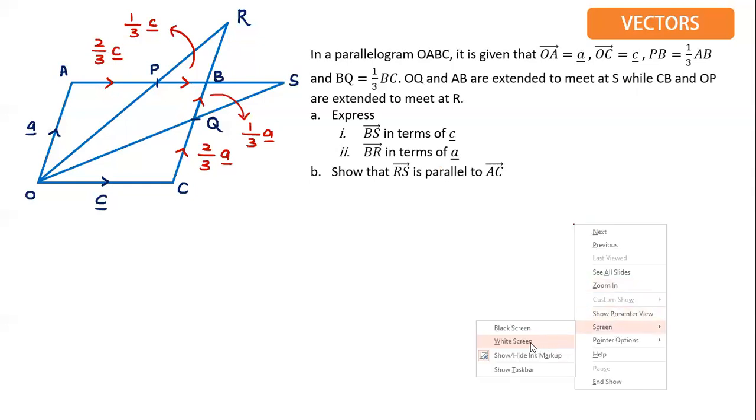Class, I want to talk about similar triangles. The word is called similar. Let's say I have a similar triangle, I just give you an idea of similar triangles. Let's say I have 2 triangles here. The first thing students will ask me is, what is the meaning of similar? Let me explain.